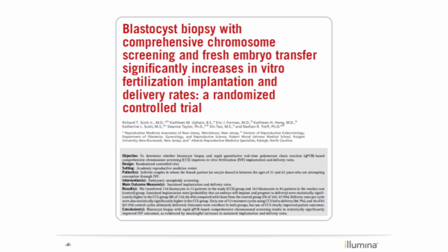And so Richard Scott did another trial where they did blastocyst biopsy with comprehensive chromosome screening and fresh embryo transfer, and did a randomized controlled trial to standard of care IVF, and again demonstrated the superiority of pre-implantation genetic screening. And I'll keep showing you paper after paper of this technology being the technology that does this for our patients, despite the one paper published by Massenbrook which disputes that,